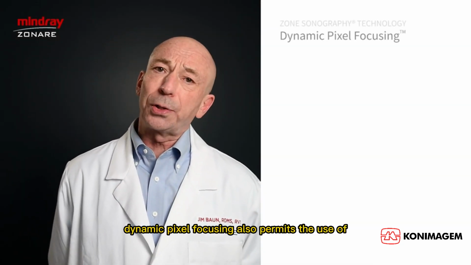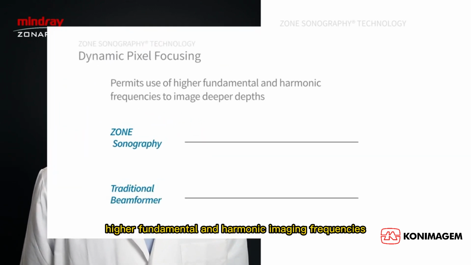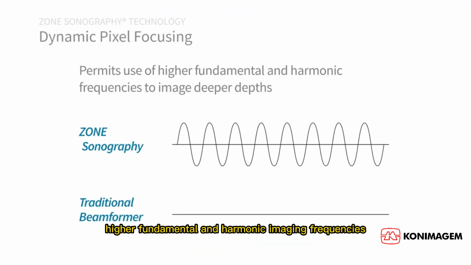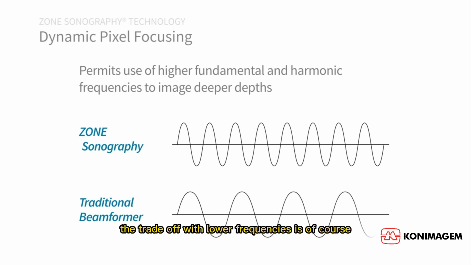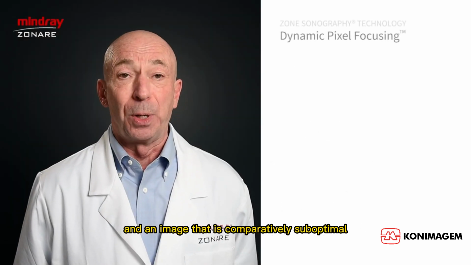Dynamic pixel focusing also permits the use of higher fundamental and harmonic imaging frequencies to image at deeper depths. Traditional beamforming platforms require lower frequencies to image at depth. The trade-off with lower frequencies is, of course, reduced spatial resolution and an image that is comparatively suboptimal to one